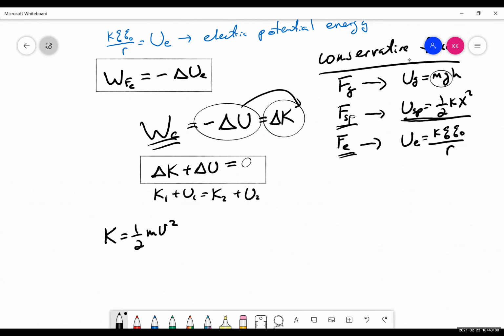And one important thing about this is that when I'm using this equation over here, again, as I said, it doesn't matter if the force is variable. Also, conservative forces are the type of forces when they're doing work, the work done is independent of the path taken. So let me very quickly give you